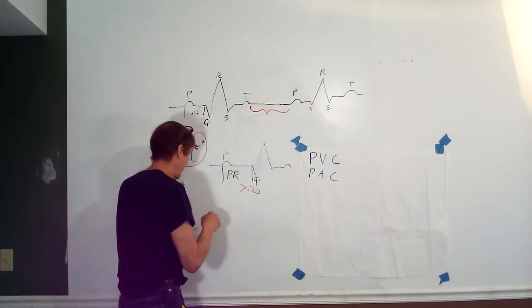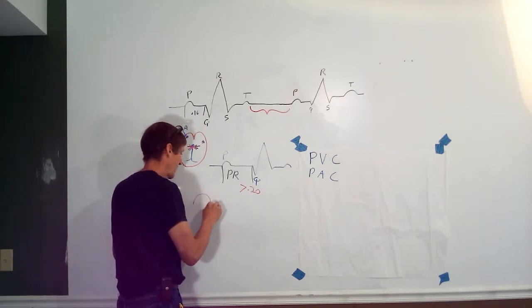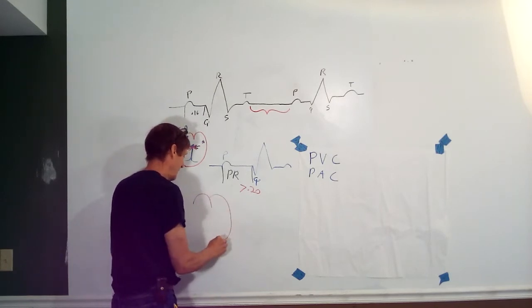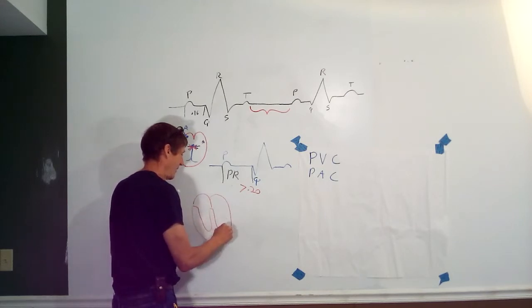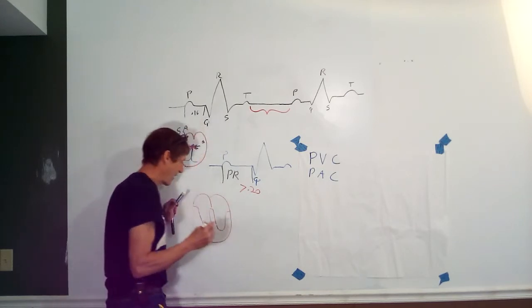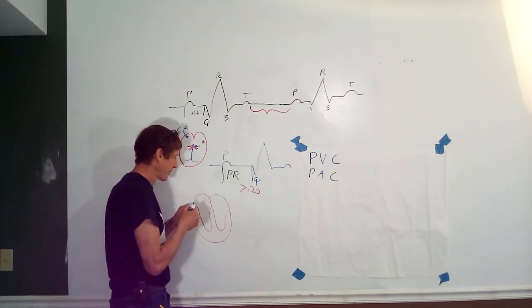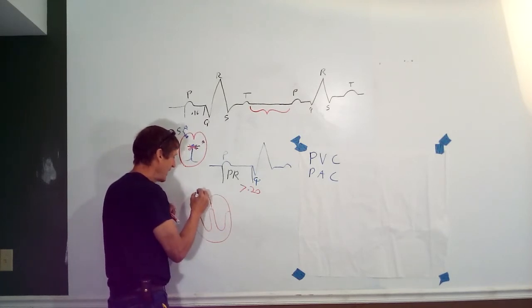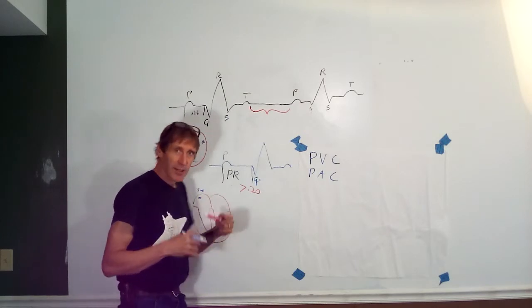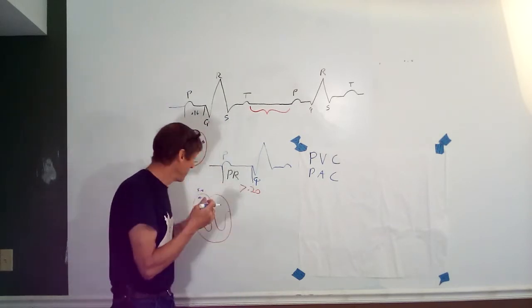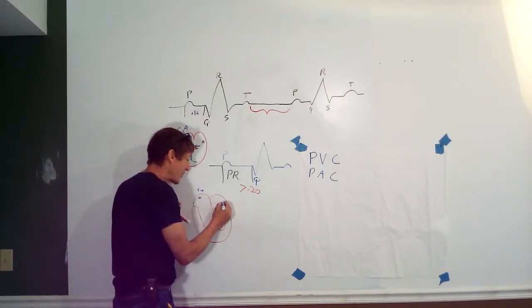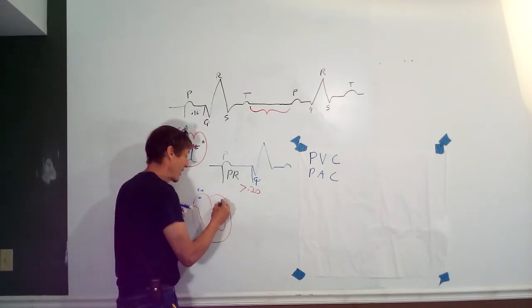Let me draw myself another little heart here. Atria, ventricles, there, lovely. Like I said, those years of art school have paid off. Normally, the SA node is the pacemaker. So it fires, the impulse goes through the heart, everything's fine, and you get a normal EKG. But what happens if some cell over here, again, it's referred to as an ectopic focus,